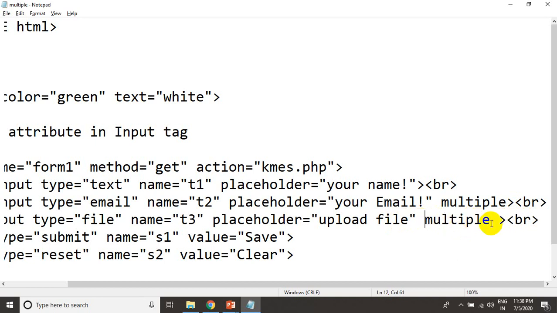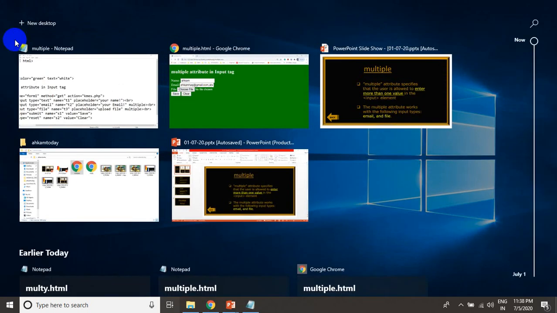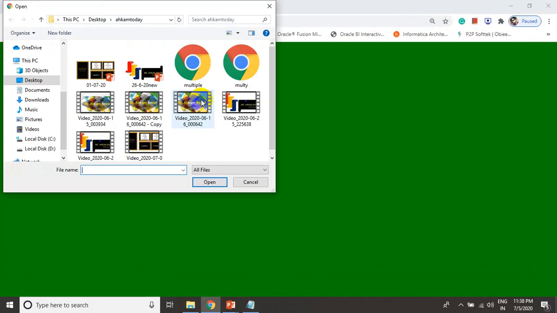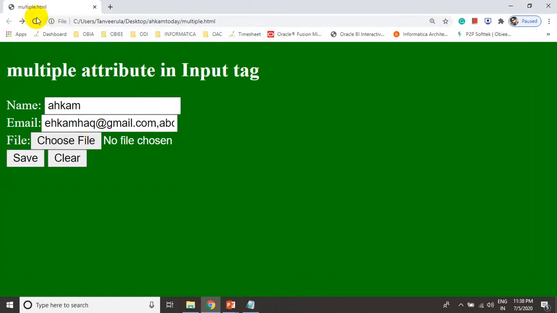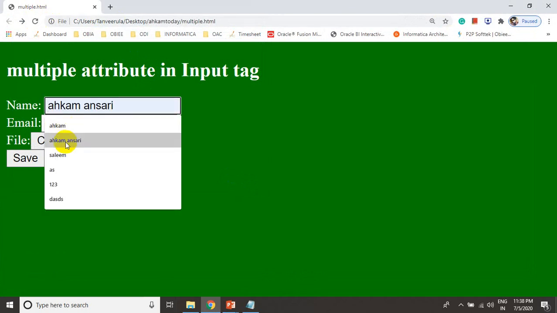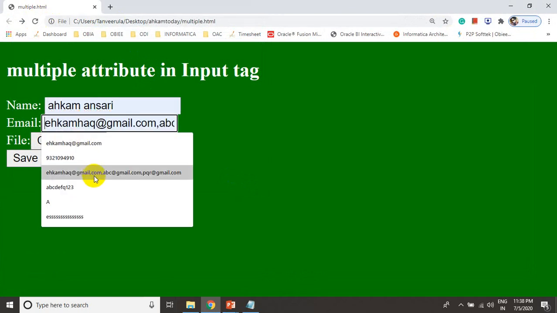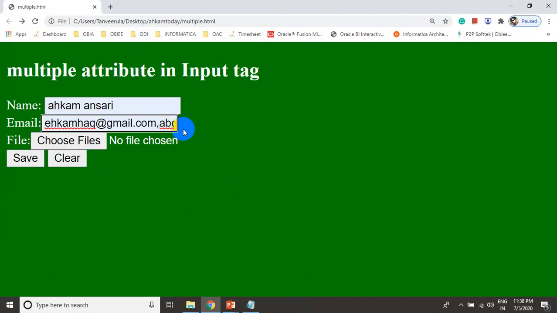So if you write it, it will be considered as true. So I have added multiple and I will click on save the file. Flip back to your browser, cancel it, refresh the file, add your name and email IDs. I can add multiple email IDs because I have used the multiple attribute.